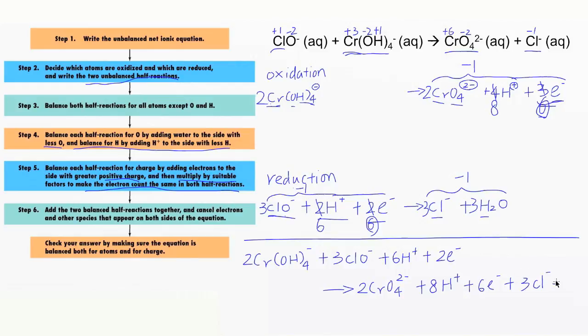plus the 3 chlorides, and let me see if I can write it here, 3 water molecules. Now we cancel. This should be 6 electrons. My bad, 6 electrons. Now 6 electrons get canceled, and the protons, you have 6 protons on the reactant side, and you cancel these 6 protons on the product side, and you only have 2 protons left. Okay, and then if you check the reaction, there is no identical species on the two sides anymore. So the final version of this equation would be